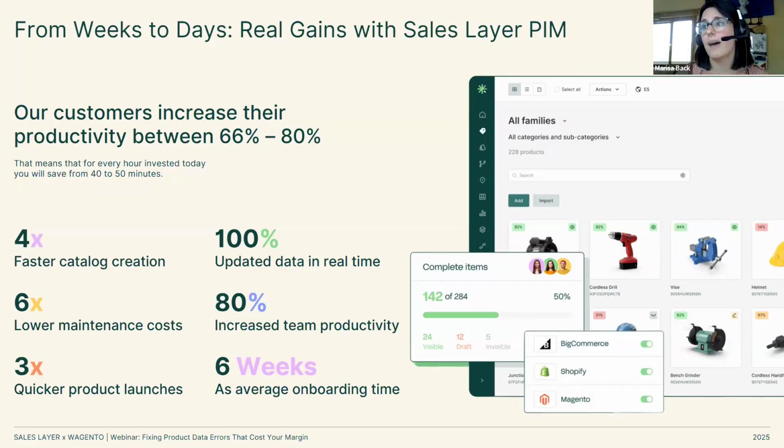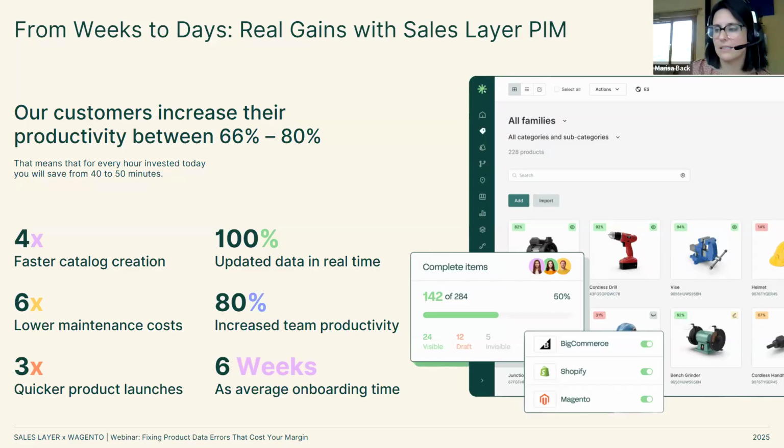Overall, we noticed that many customers, and I'll reference another slide as well that shows this, see an increase in team productivity, a 66 to 80% increase in operational efficiency, and then also our onboarding. We do have some of the fastest onboarding in the PIM vendor space, which makes sense because of ease of use.